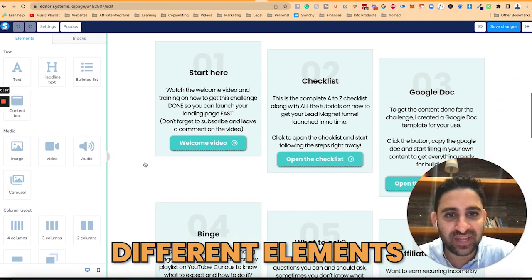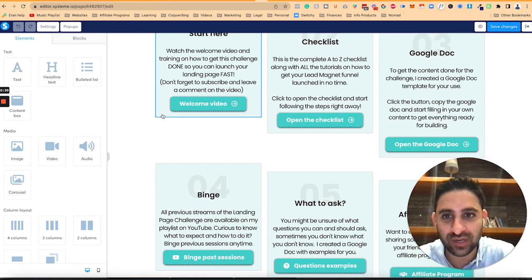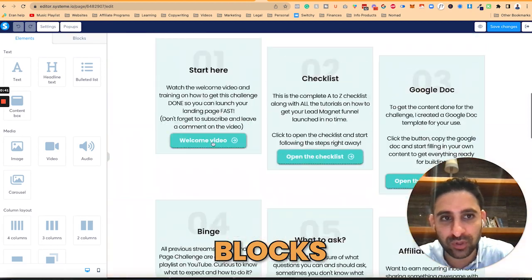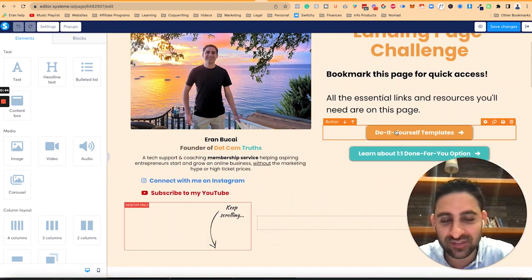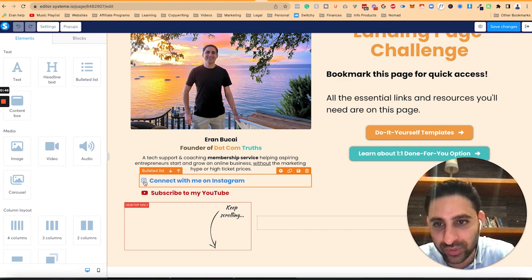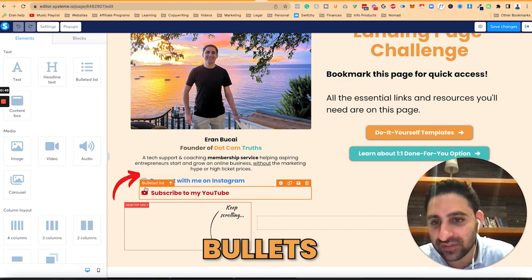Okay, so these are the different elements that I want to show you. These sections, these blocks, as well as these bullets. Now, these buttons, these are just buttons, and I'll show you how to do this one where it says the Instagram. This is basically bullets and bullets, and what I did is I just made one bullet, and when I